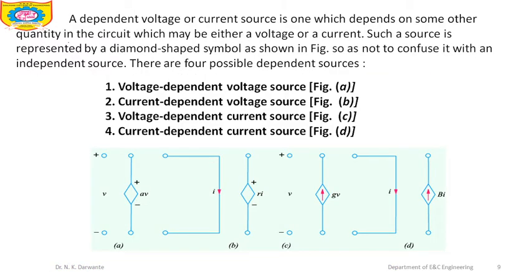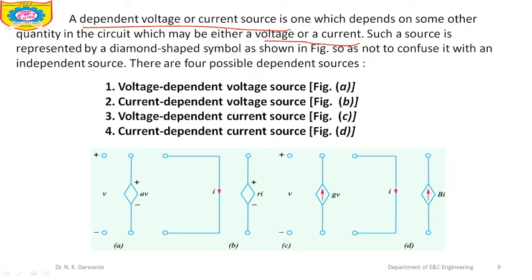Then the next one is the dependent source. Now many times in electronics, specifically, voltage sources depend on some other quantities. Depending upon a sensor, the voltage may get changed; depending upon the behavior of the circuit, some voltage or current is going to change. That type of voltage or current source is known as a dependent voltage or current source, one which depends on some other quantity in the circuit, which may be either a voltage or a current. Any other parameter may be there, based on that your output is going to change.